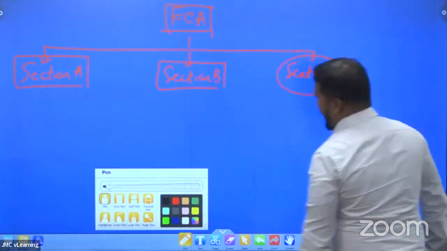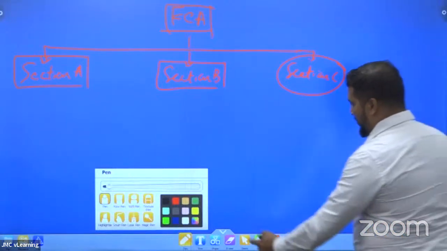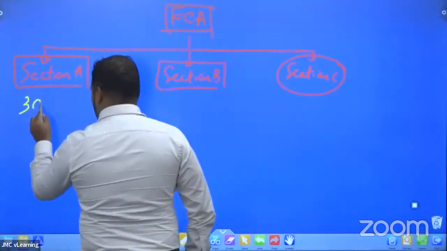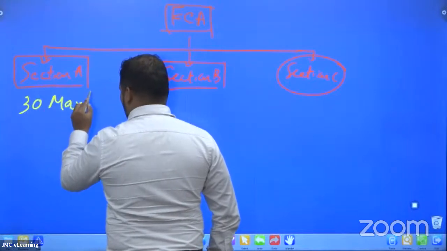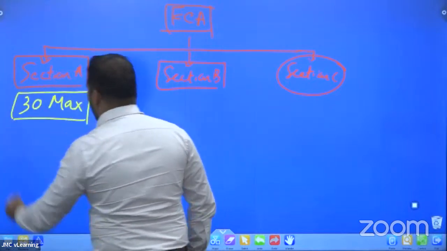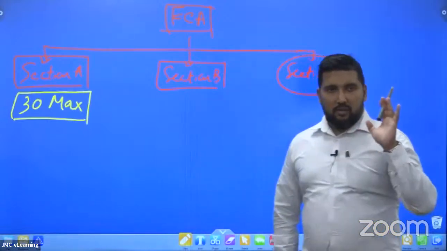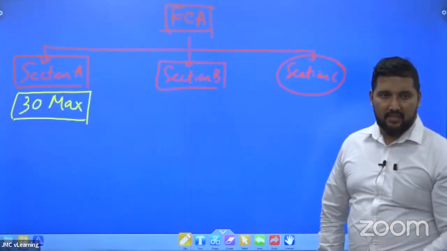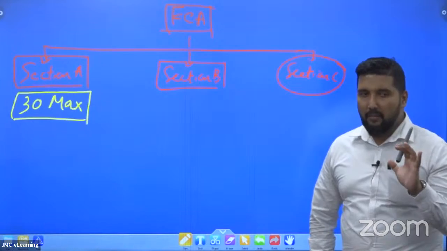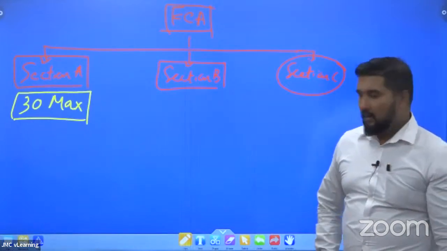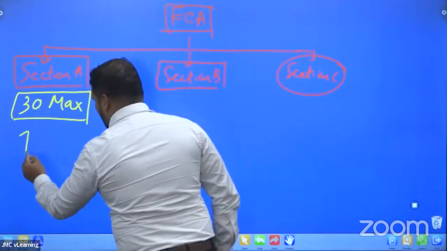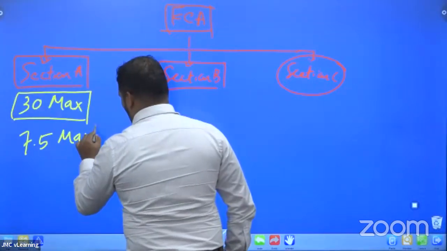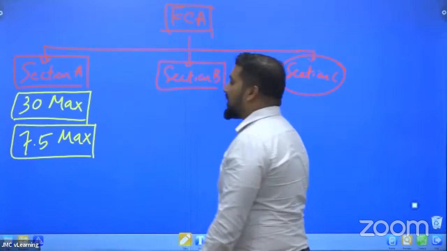When you consider time management, concentrate. For section A, the maximum time that you can spend is 30 minutes max. You are not required to spend anything more than 30 minutes. Section A takes only half an hour, don't take more than half an hour. So basically we will have 7 minutes and 30 seconds max for a question. 7 and a half minutes is more than enough.